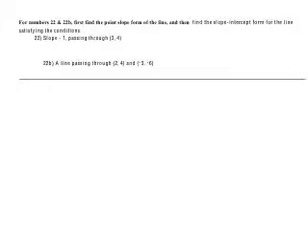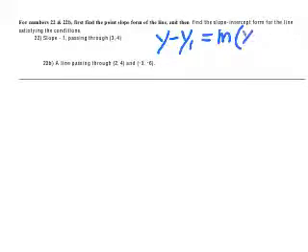Okay, so now we have number 22 and 22b. Okay, for numbers 22 and 22b, first find the point-slope form of the line, then find the slope-intercept form for the line, satisfying the conditions. So you're thinking, well, what does that mean? Well, we have our point-slope form, which is y minus y1 equals m, which is slope, times x minus x1. Alright, so we've got to find that form of the line,